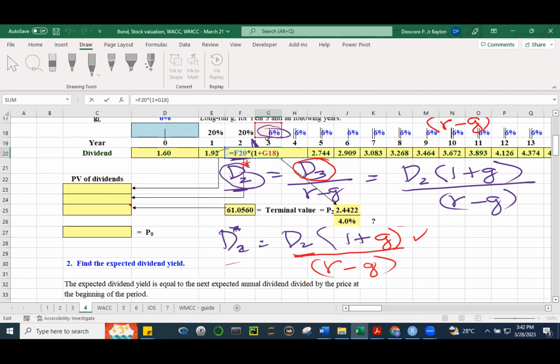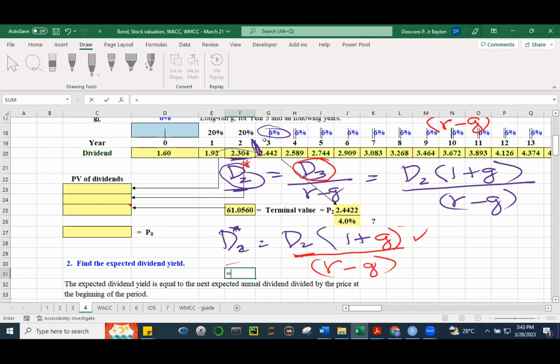That's why I said it's instructive to put the growth rates on top. Para mas madali. Isang formula lang, copy to the right. Tapos. All right, so this is the dividend at year 3. So either I use this one, dividend at year 2 times 1 plus G, times 1 plus 6%, or I directly use this because it's the same. No? It's the same. So if I compute for that, this is equal to